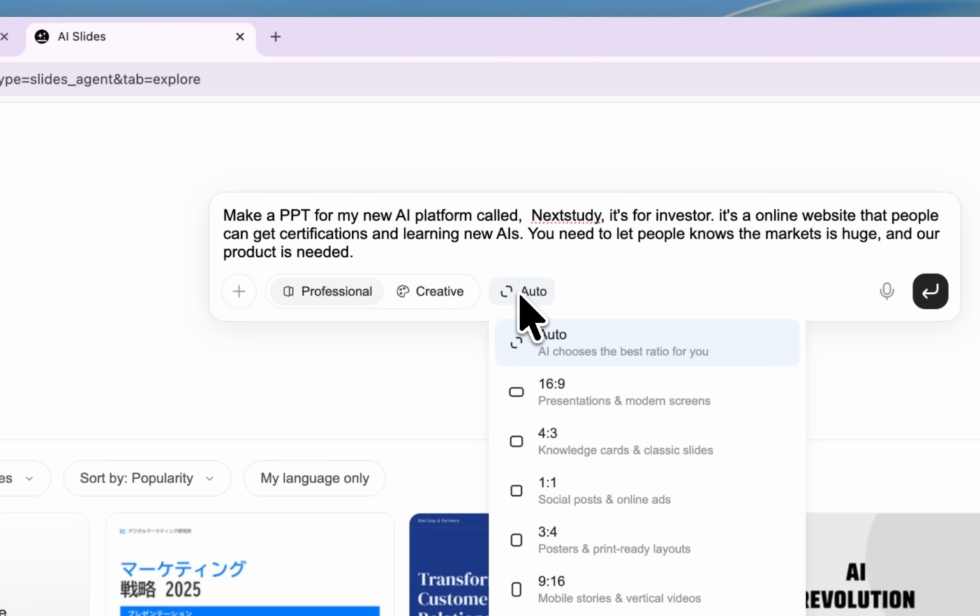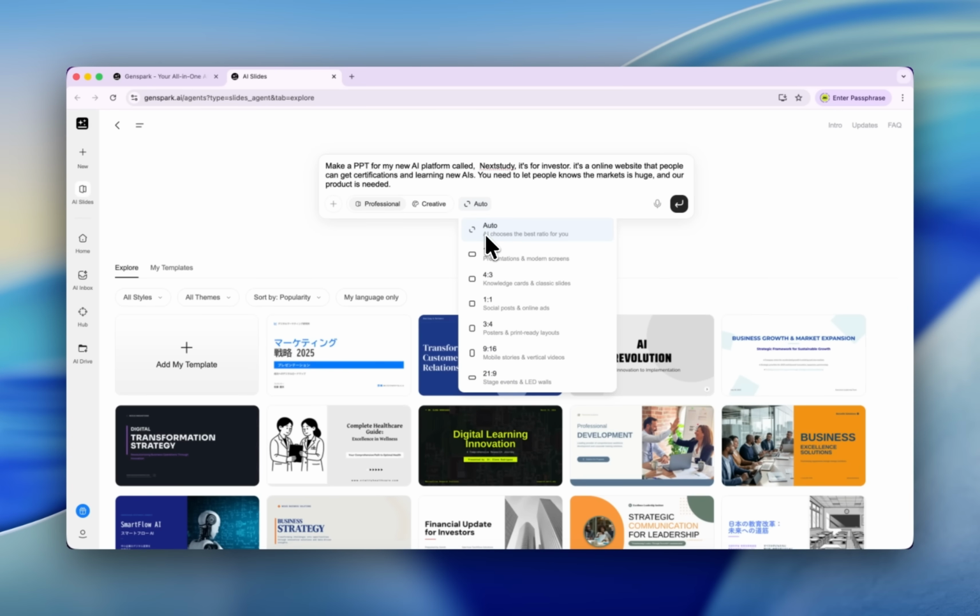And this is really something different because I already tried many AI slides tools, but they cannot change the aspect ratio. But this one, Genspark, can change the aspect ratio of your slides. I think right now we're using this one, 21:9. So imagine you are the CEO of a big company and you want to introduce your new products, just like what Steve Jobs did, you can use this aspect ratio. But right now, let's start with a small one.